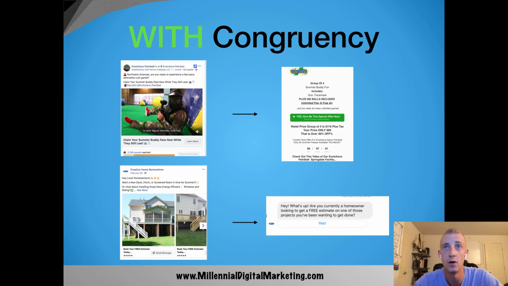And then this one is a messenger. First message is, hey, what's up? Are you a current homeowner looking to get that free estimate on one of those projects you've been wanting done? Super, super simple, but it has congruency to the ad itself. Now, anybody knows on Messenger, you can't install like any